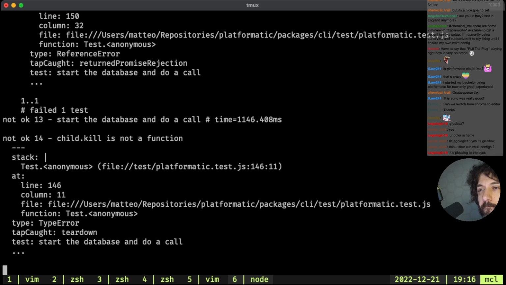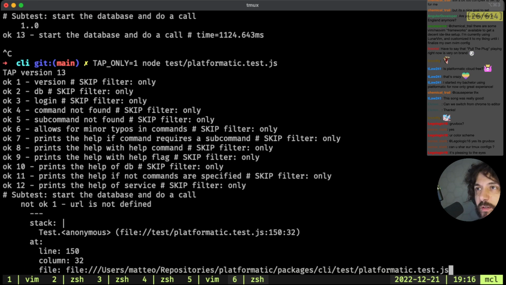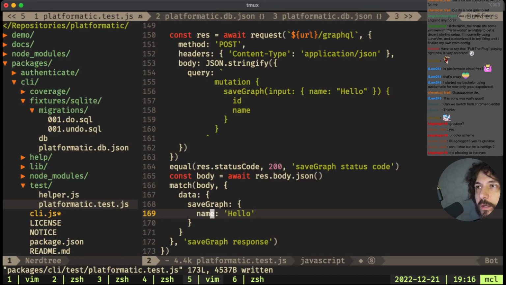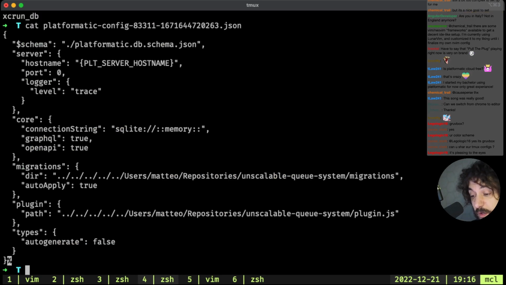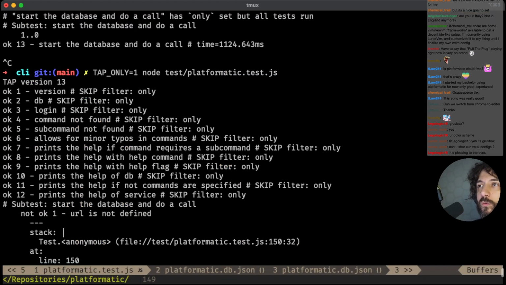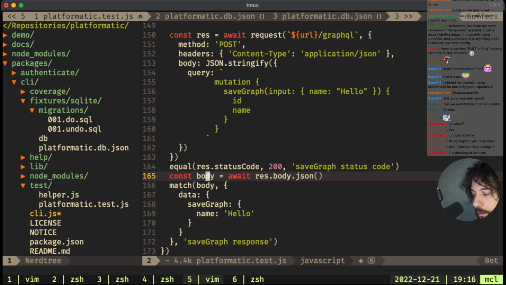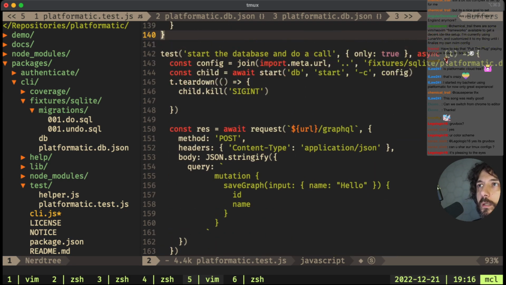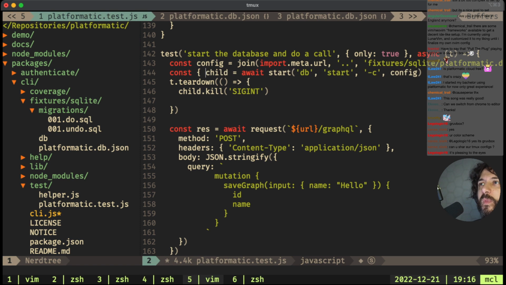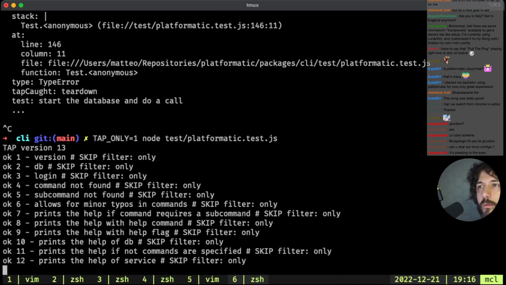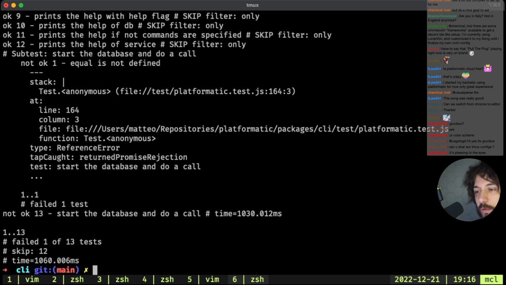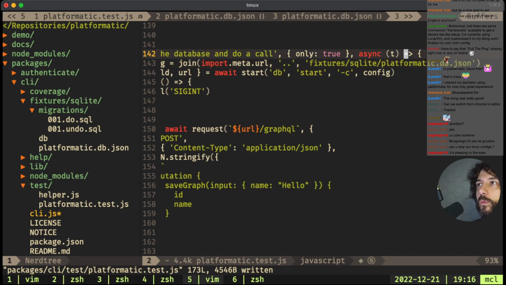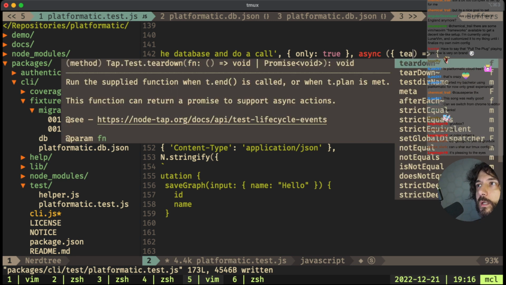Let's see. Yes, I could. Child kill is not a function. URL is not defined. Okay. Fun. What did I do wrong? It's probably this. Equal is not defined. Okay, can work with that.